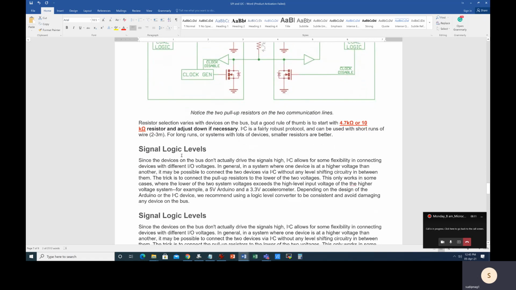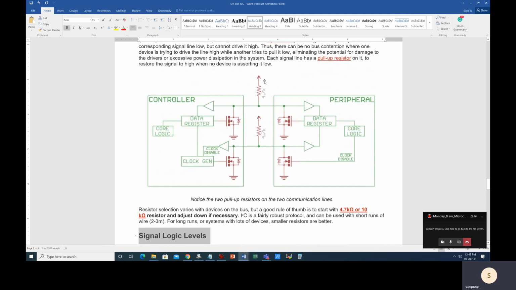Now the signal levels. There could be different signal voltages for I2C. VDD of the I2C devices like controller and peripherals should always be the same, so that means they should be compatible. So VDD is common. Although I2C shows 2 lines in its bus, one I2C bus consists of 2 lines mainly, but in addition there must be a common ground between both peripheral and controller. In addition, there should be a common VDD which is the same for both controller and the peripheral, in addition to the VDD connection of the pull-up resistors.